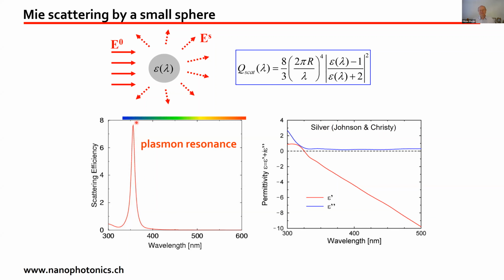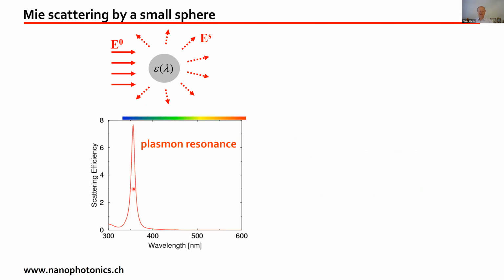The peak is not infinitely narrow because, unfortunately, metals have a complex permittivity, so there is also an imaginary part to that permittivity. This imaginary part accounts for losses, absorption. It's also probably useful for some of the things you'd like to do in your network, but it leads to having a resonance which is not extremely narrow, but has a certain width. But still, so far, with this very simple theory, we've learned that small silver nanoparticles should basically scatter light in